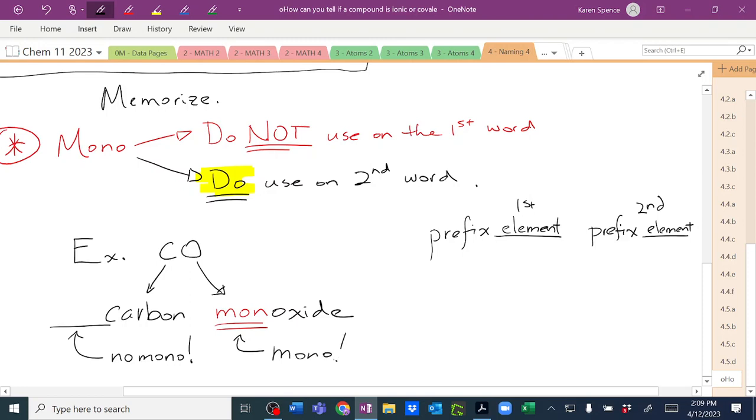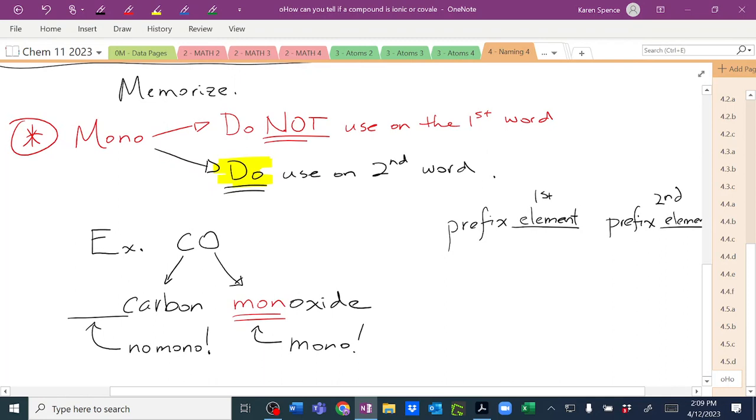So no mono on the first word, mono on the second word. Now, you might have noticed that I didn't actually write mono on the second word. I just wrote